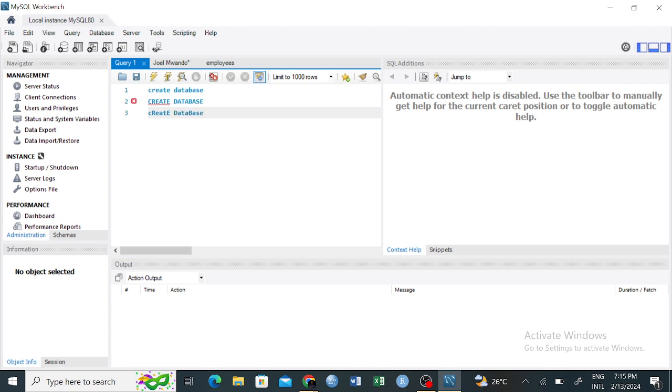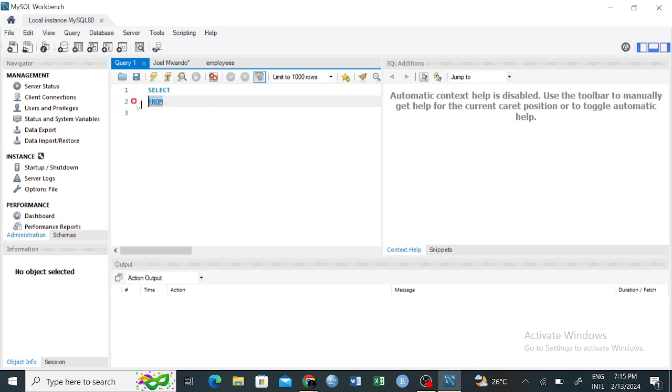Is SQL really case sensitive? No. With these SQL commands, it is not case sensitive. Yeah, so it's for you to decide. But for me, even if we get to a point where we'll be writing a select statement or even from,